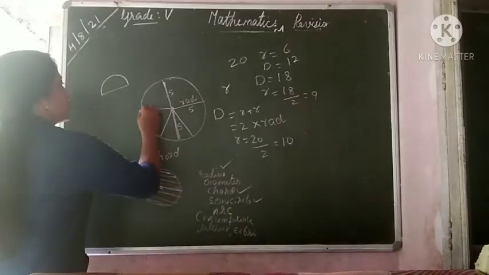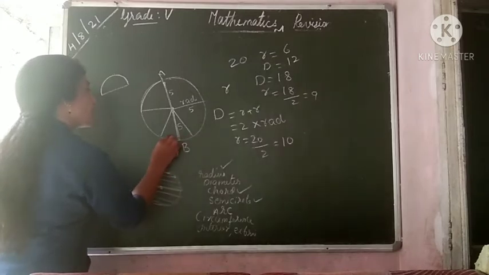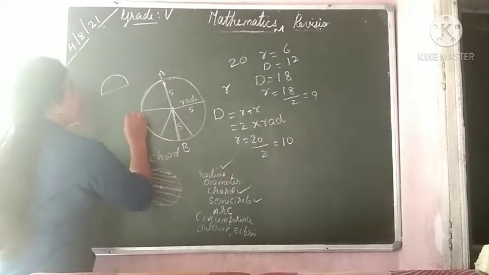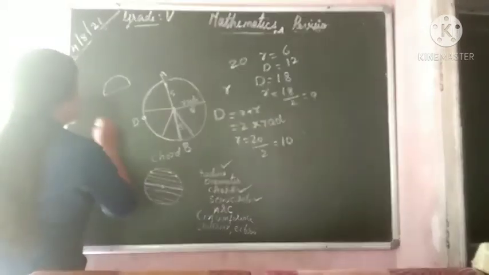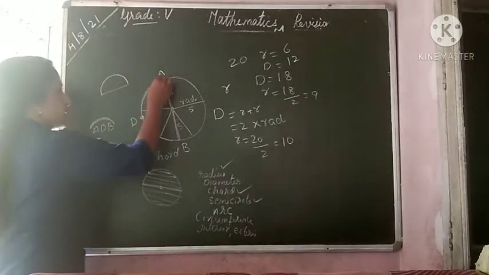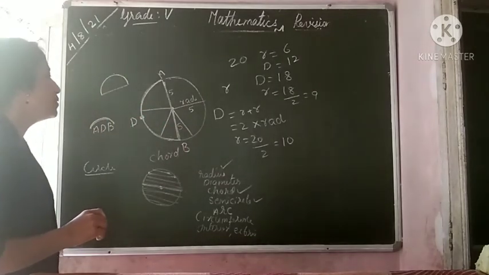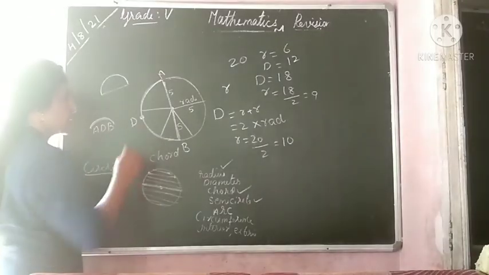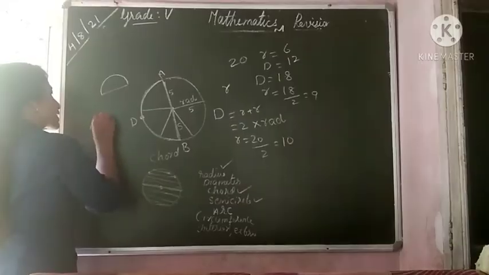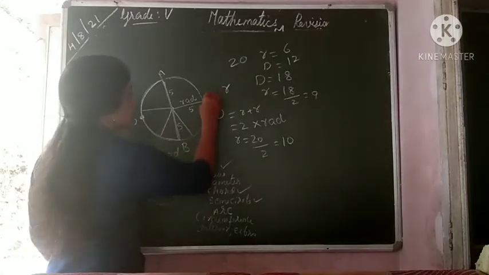And arc. Look at this part. Here, this is A and this is B. We are taking this part of the circle. I am taking also one point D here. A, D, B. This is called an arc. We always use three letters. A diameter is represented by two names, A and B. An arc is not a line. It is a curved path. That is A, D, B, or D, B, C, etc.